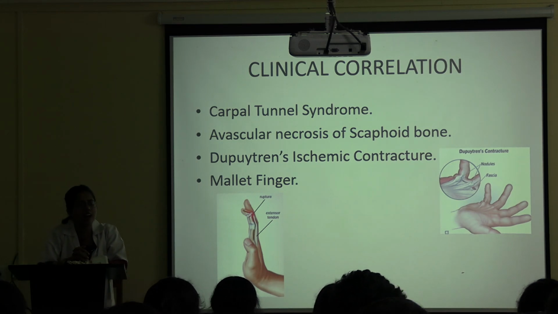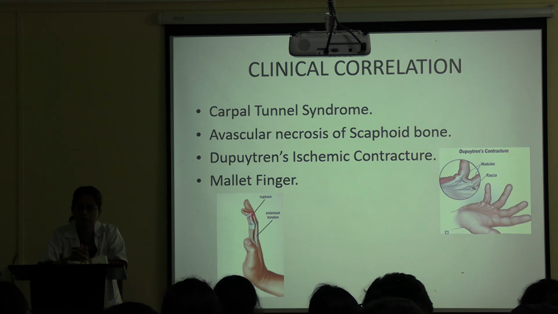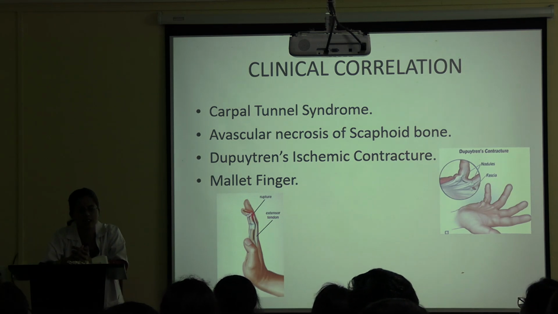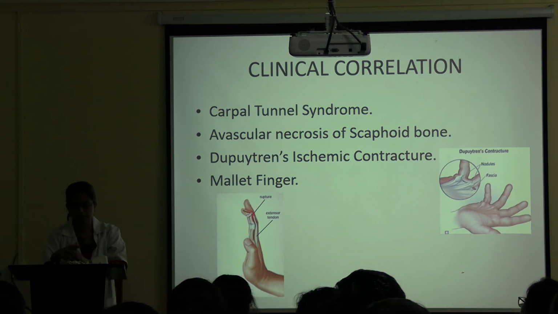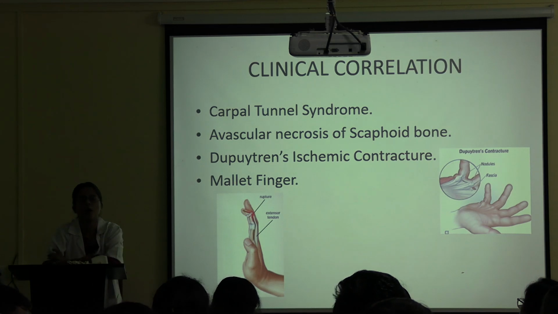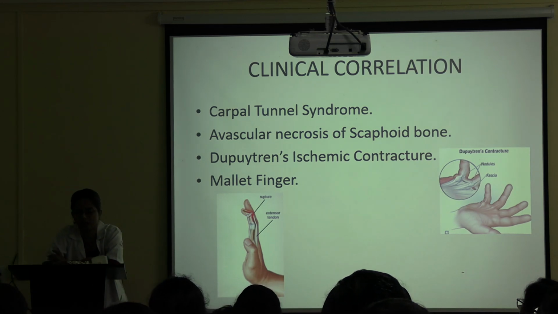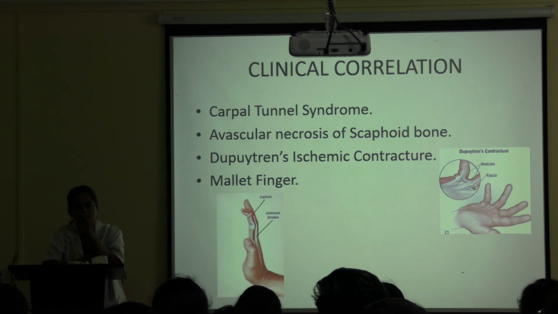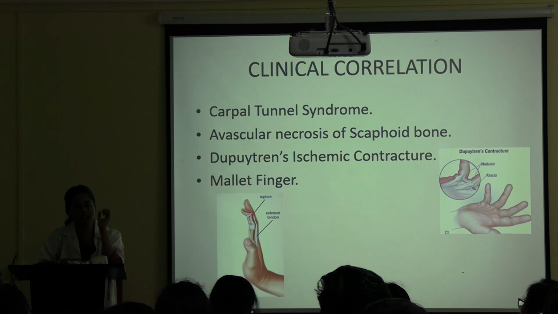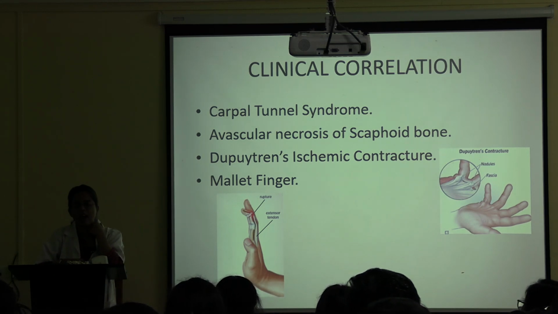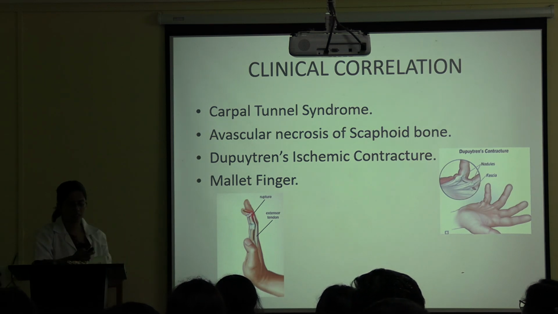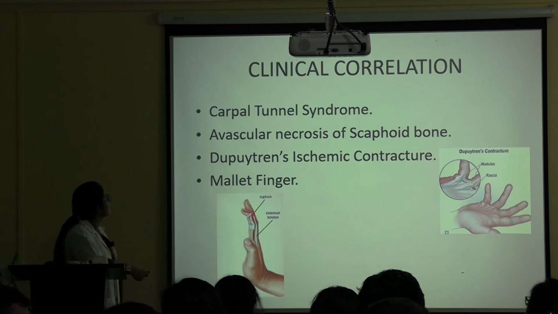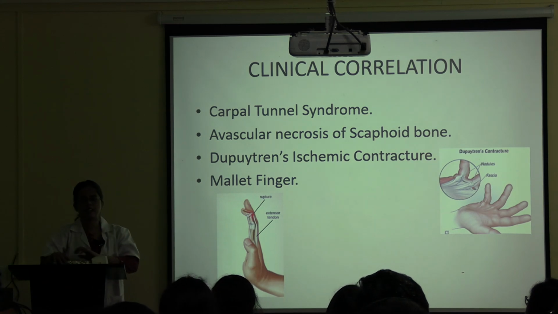Okay. Which is the last bone to ossify? Pisiform bone. By what age does it ossify? 9 to 12. Okay. What are the parts of phalanges? Means what are those phalanges called? Middle and distal. Okay. How many phalanges are there in our thumb? 2. Thumb 2. Okay. Yes. Now, can anyone tell me what is carpal tunnel syndrome?